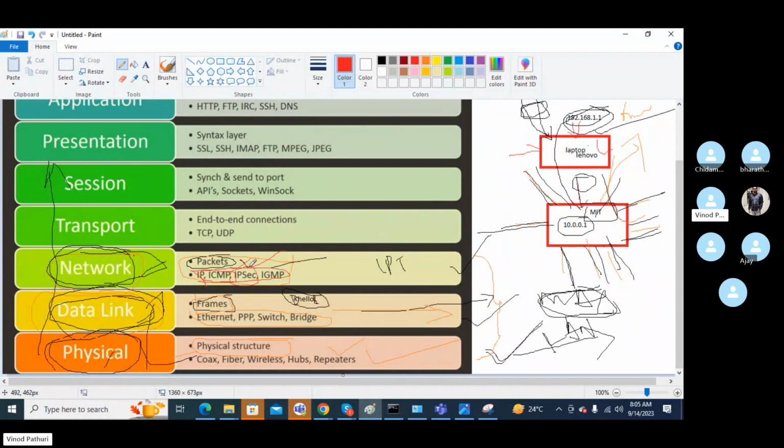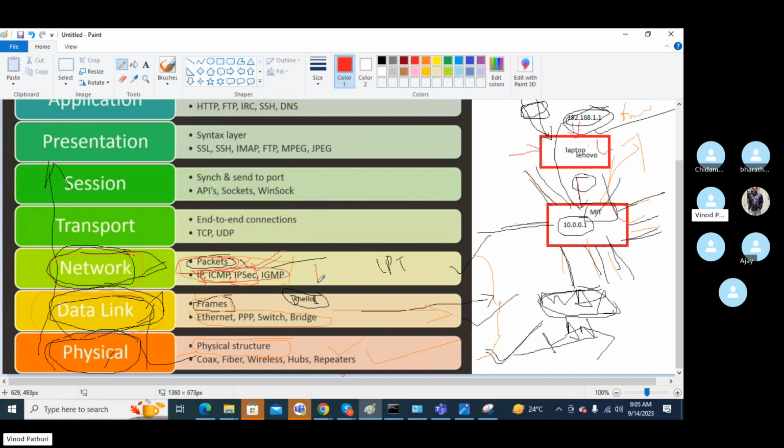And IPsec, we have discussed the VPN network, right? It will tell you what kind of encryption methods we need to use, and all of that we will discuss in IPsec. Here your data will be called packets, remember that.